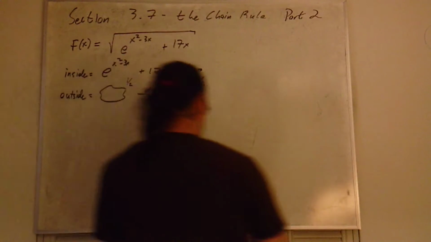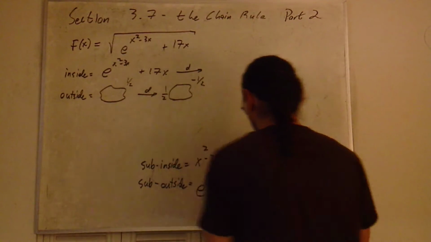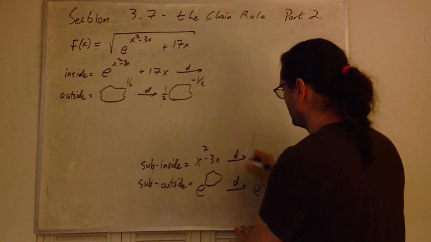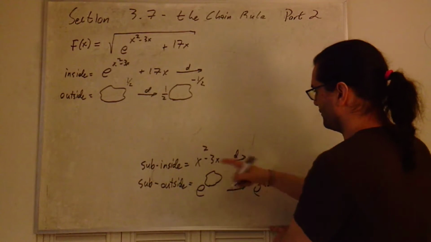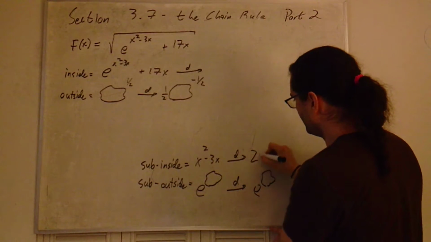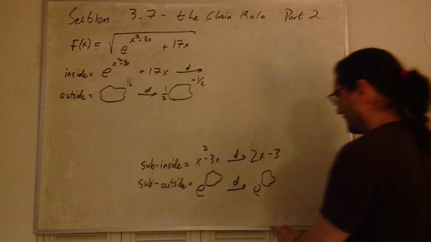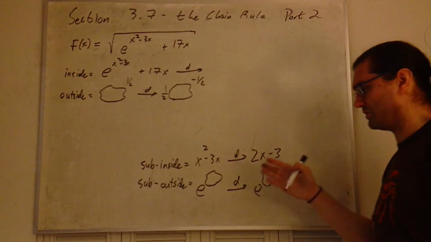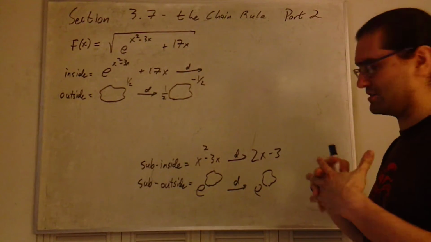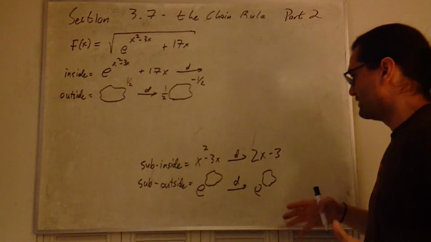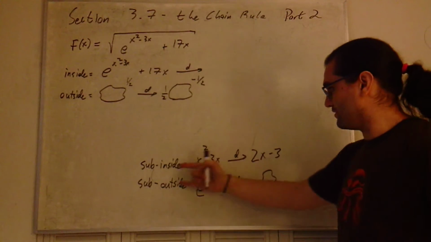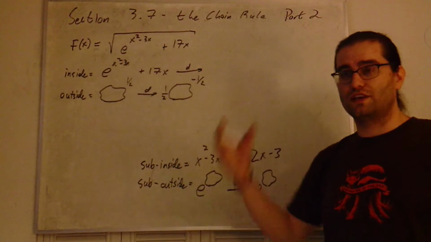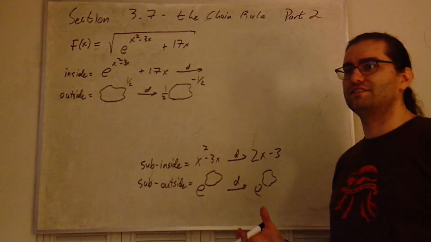So, the derivative of e to the something is e to the something. E is nice. No changes there. Derivative of x squared minus 3x is 2x minus 3. Individually, all of these derivatives are pretty straightforward. It's putting them all together that's going to make this a little weird. So, the derivative of e to the x squared minus 3x altogether is